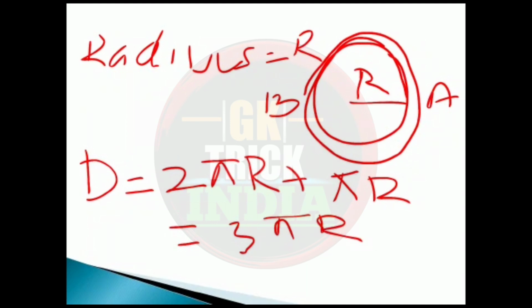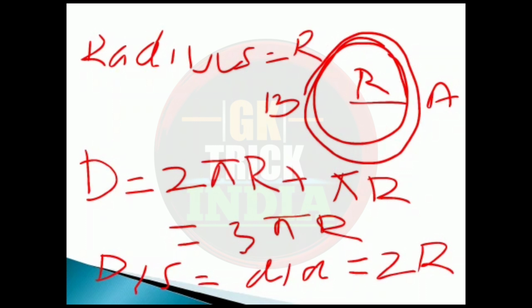While calculating the displacement, we have to analyze its initial position and final position. As the initial position in the case is A and final position in the case is B, the total path length or shortest path length between A and B is the diameter of the circle. So displacement will become diameter, which is twice the radius. So in the case of circular path, distance will come in the form of circumference of the circle, and for displacement we have to check whether it's covering the semicircle path or the circular path.